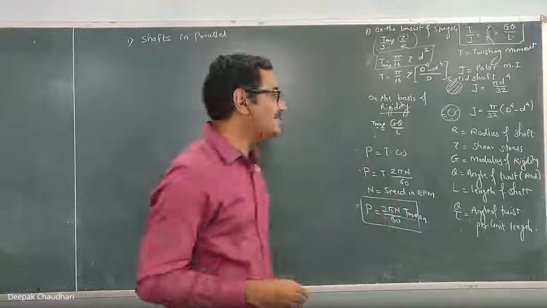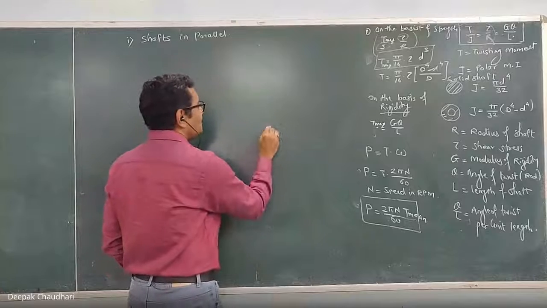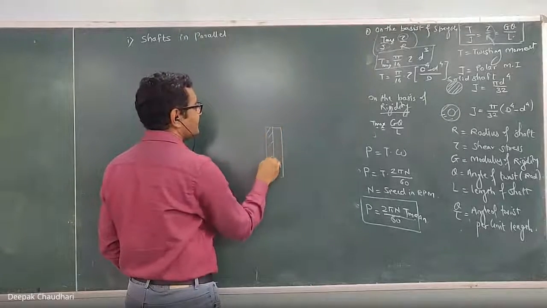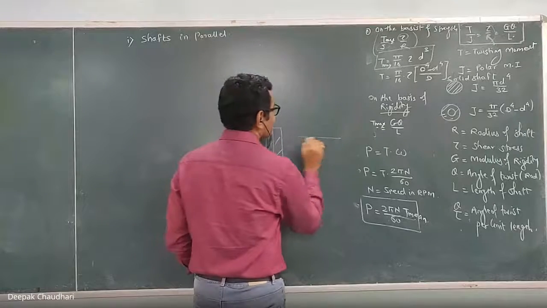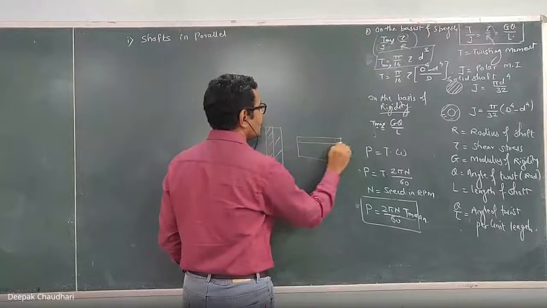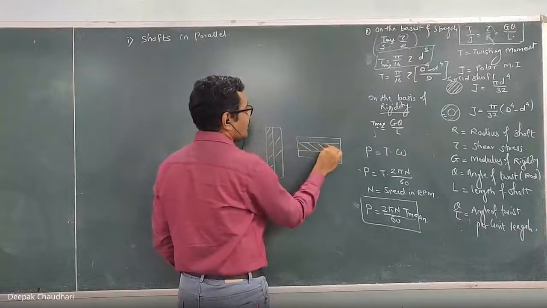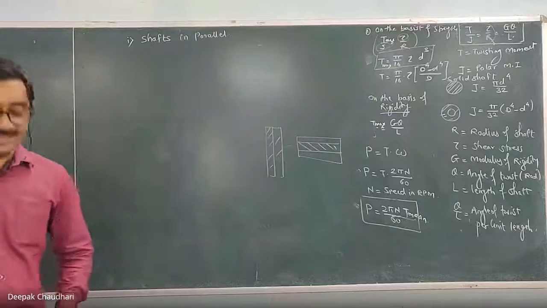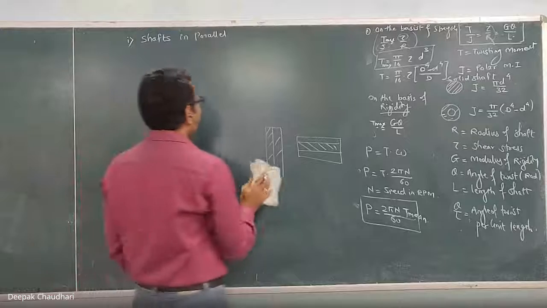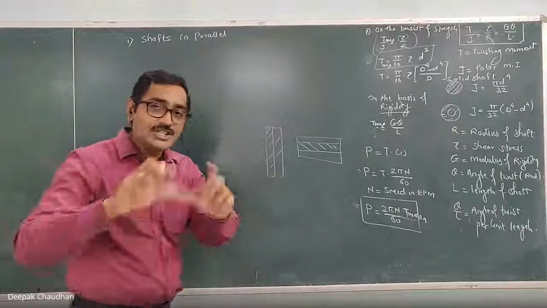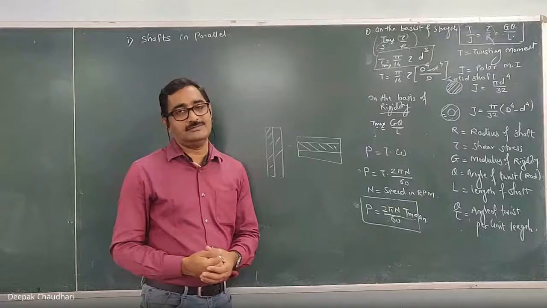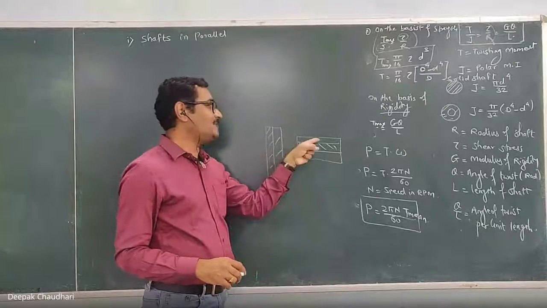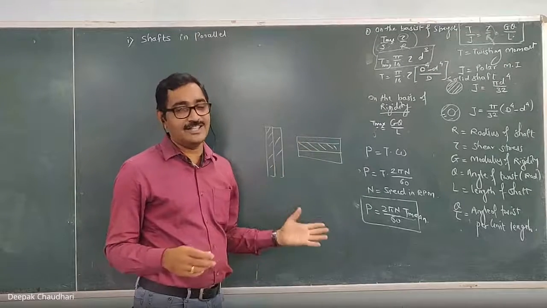In the first lesson we have studied that when two different materials are connected in parallel, we considered it like this: this is the steel tube, inside that there is a brass rod. So these both attachments are when the materials are connected in parallel. But the shaft is a rotational member of a machine. Since it is a rotational member, we can't connect it like this, so it is mandatory we connect it this way.